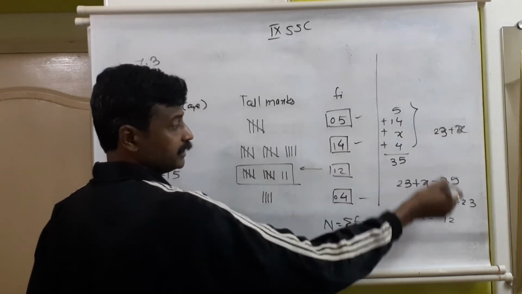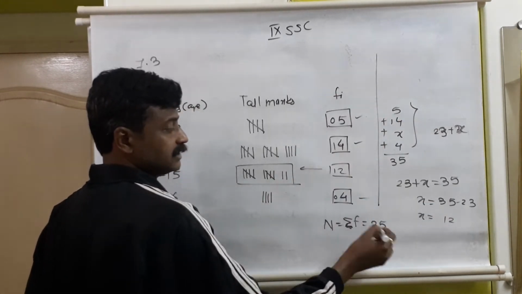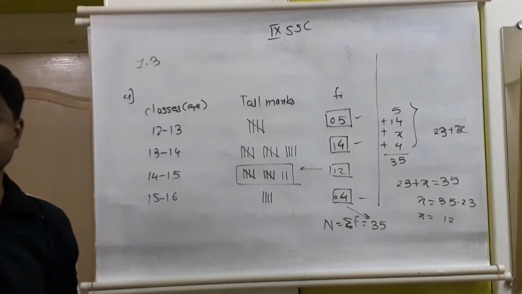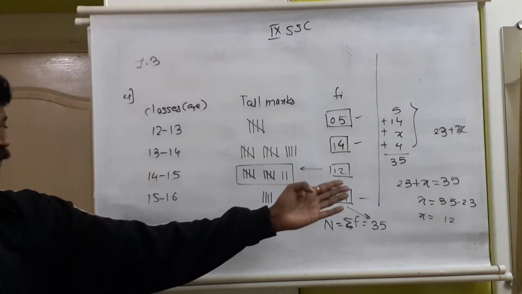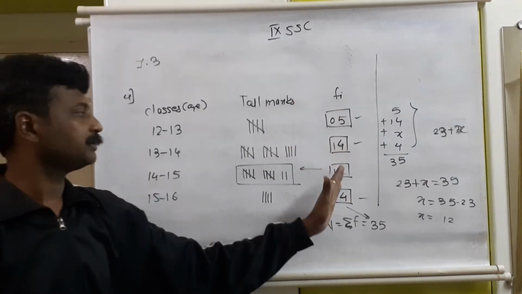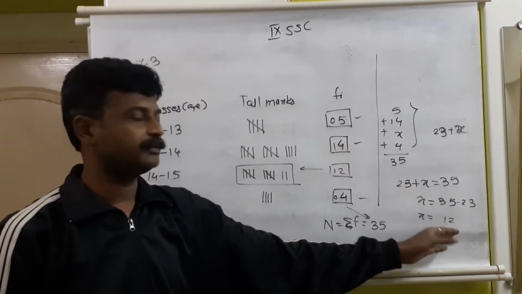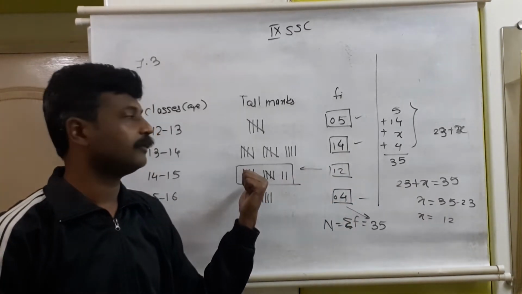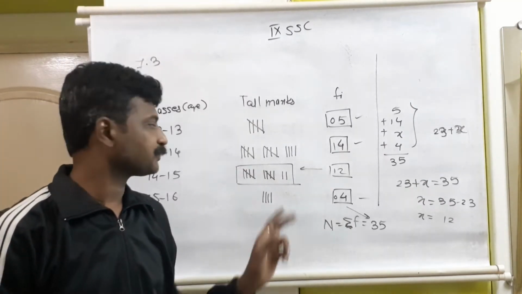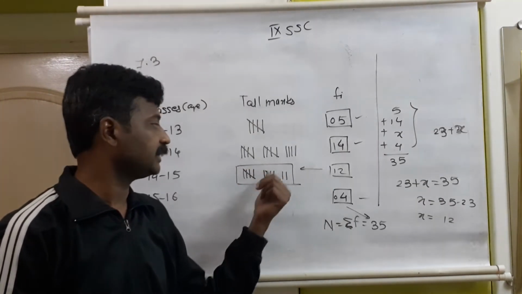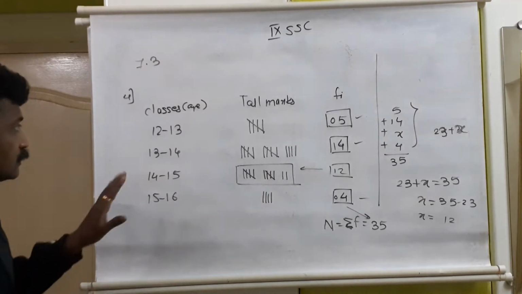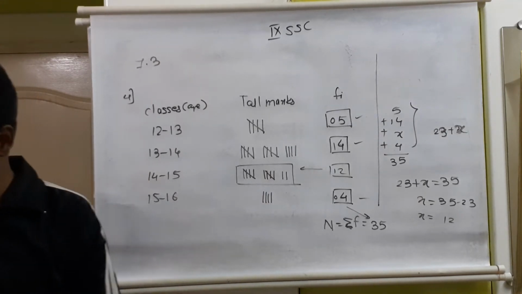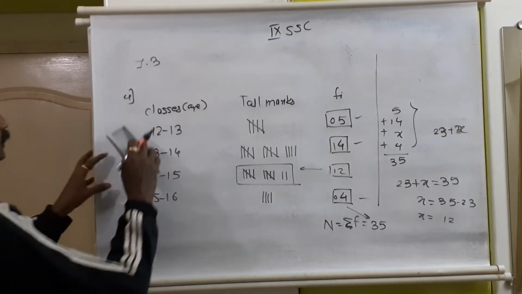This we have to find out with the help of the sum of all frequencies, given as 35. With the help of that we can find the value of the missing one. We can consider it as x if you want, in calculation form. So 23 plus x will be equal to 35. So the value of x will be 12. As the frequency is 12, we can mention it in the form of tally marks: 2 bunches of 5 and then an additional 2. So 5 plus 5 is 10, plus 2 is 12. So this is all about question number 4. I hope you understood it. It is very easy, not that difficult.